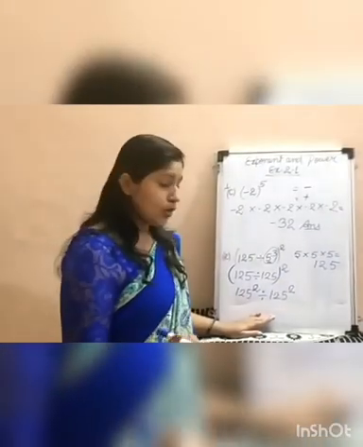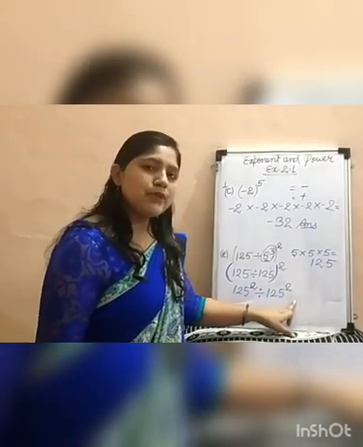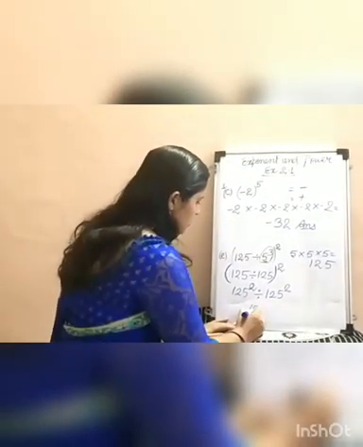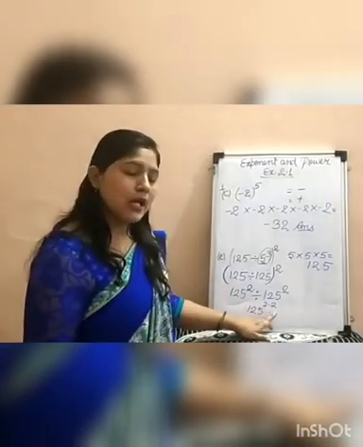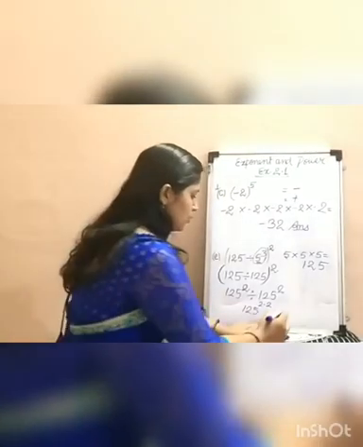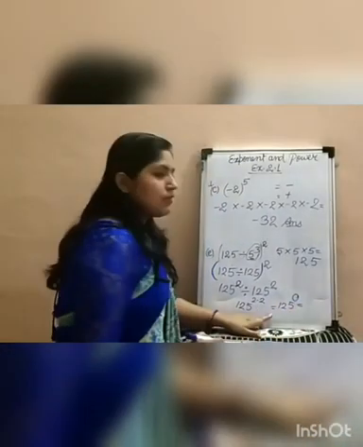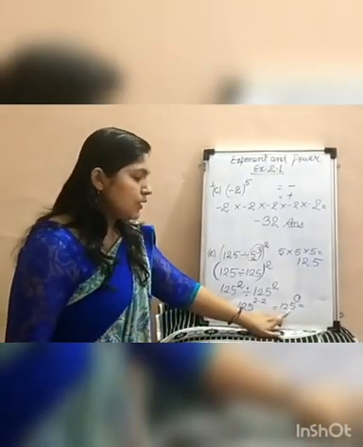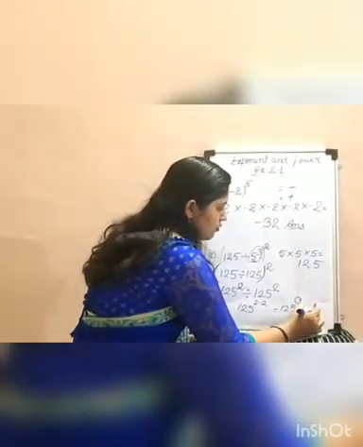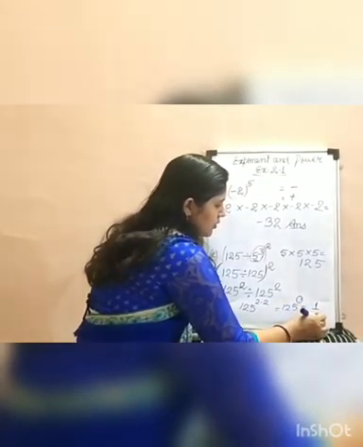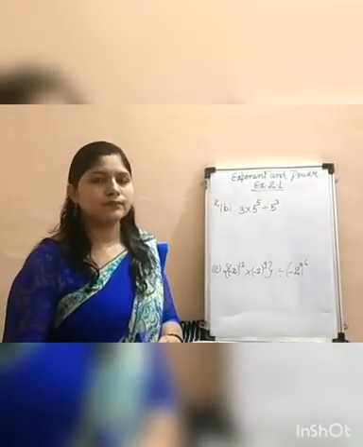So I told you the law, when bases are the same and exponents are there, we will subtract the exponents. We can write here 125, 2 minus 2. When we subtract 2 and 2, this will be 0. It means 125 raised to the power 0. And our second law was, if a number is raised to the power 0, the value is 1. That is your answer. Let's see our next question, that is question number 2.